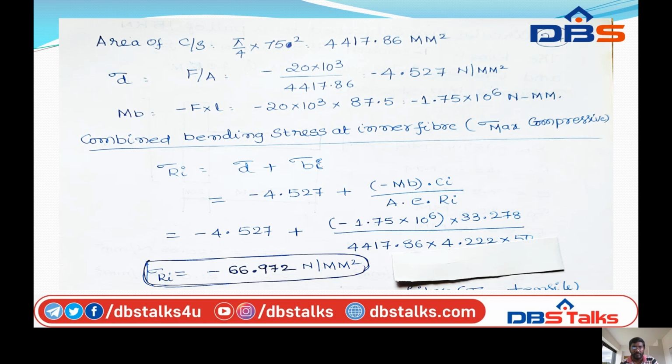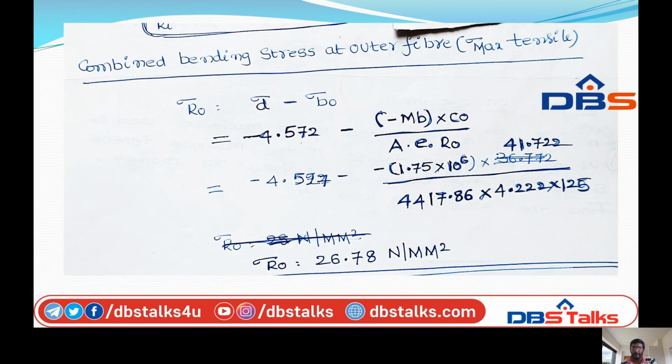So next we can find out the combined bending stresses at outer fiber, maximum tensile force. Sigma R naught is equal to sigma D minus sigma B naught. So sigma D equal to minus 4.572, minus half sigma B naught is equal to minus MB into C naught by capital A into small a into R naught. So substitute the values. Sigma D equal to minus 4.572